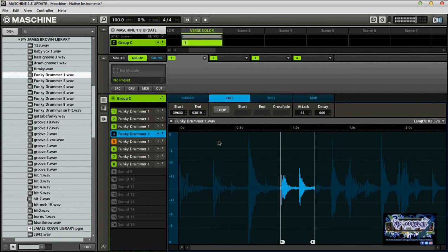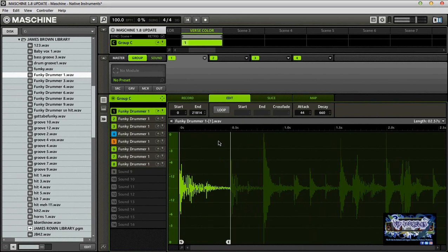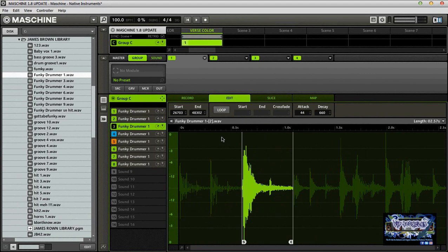Then, if I want to, I can do some further manipulation on those sounds. So now I have the pitched down kick and snare, and I want to further manipulate that in my sample. So what I want to do is go back over to my group, which is going to be group C,